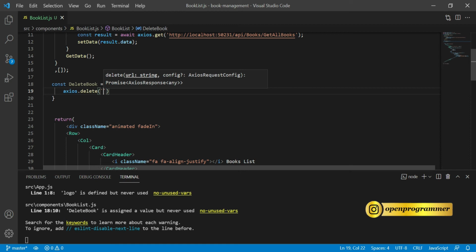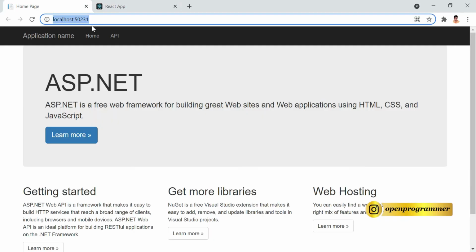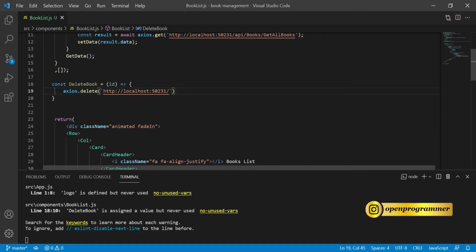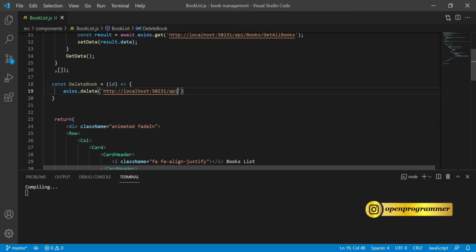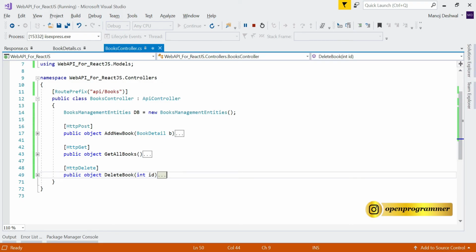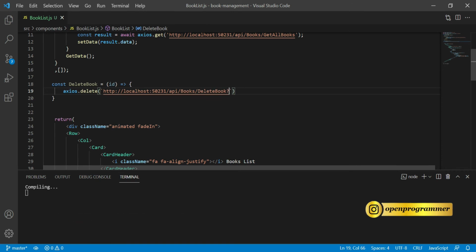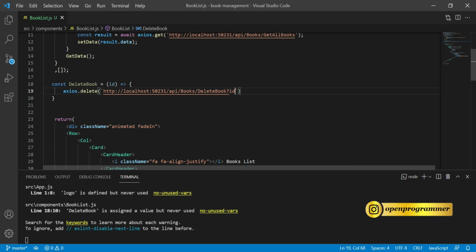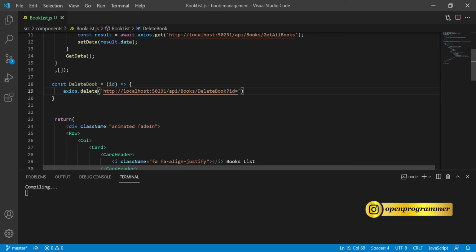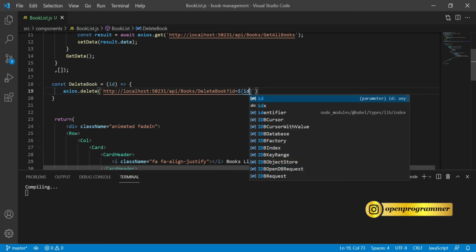First paste the base URL, which is the web API base URL, and now the prefix, which is API slash books, and then the method name of delete, which is this delete book. Copy this, paste it over here, and then we need to pass the query string, which in our case is ID equal, and now dollar, and inside we need to pass the ID, which is coming as a parameter.